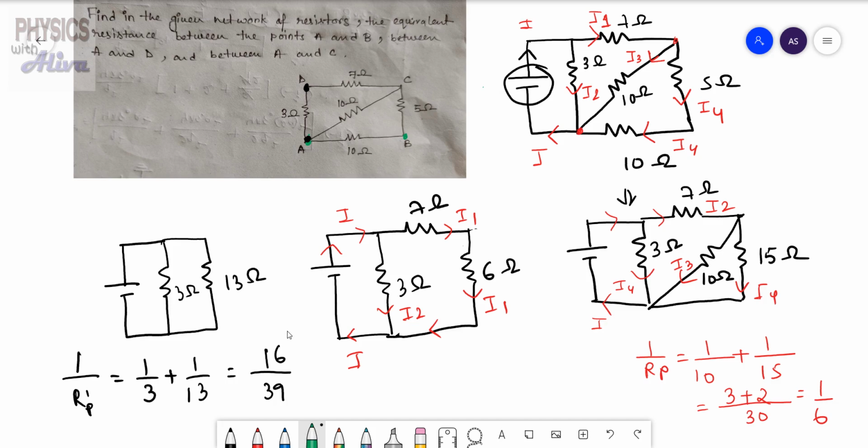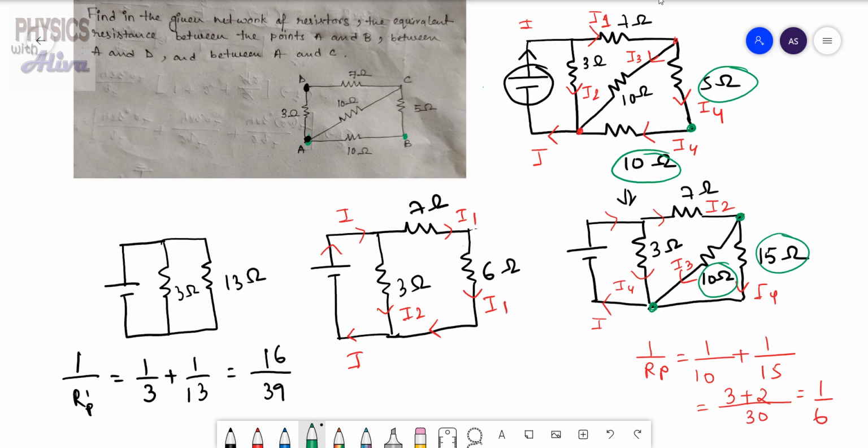I1 current is flowing this way, I2 current is flowing this way. From the current distribution we can observe that through this 5 ohm and 10 ohm resistor the same current I4 is flowing and only one common junction is there. So I can say that 5 ohm and 10 ohm are now connected in series combination. So together they form a 15 ohm resistor. See, in the next picture, we can see that this 10 ohm and 15 ohm are connected in parallel combination because two common junctions are there and different currents I3 and I4 are flowing through them. So these two are connected in parallel.